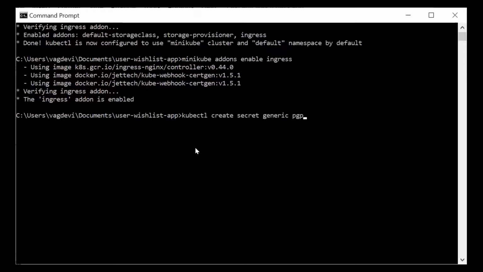Let that be pg-password, then --from-literal, and then PG_PASSWORD equals, write the password you want to use. Here I'm using hello_flask.